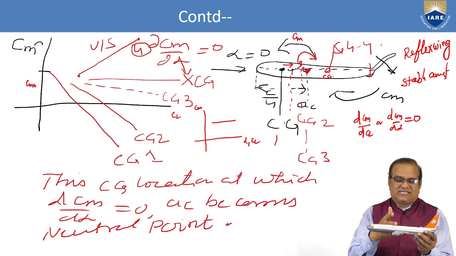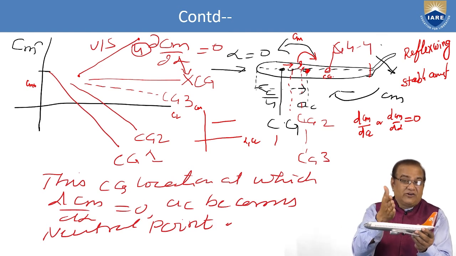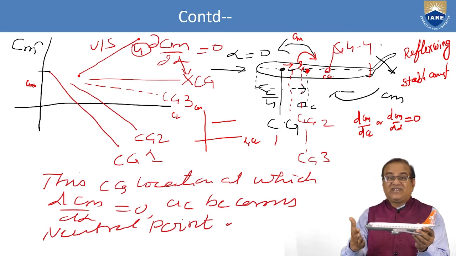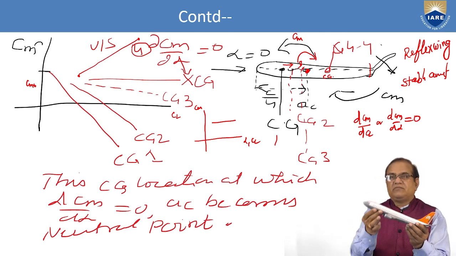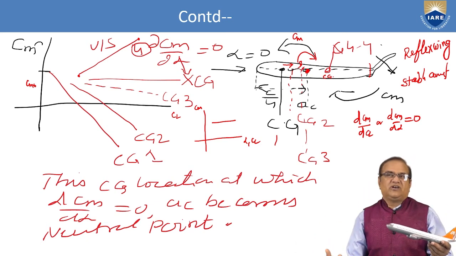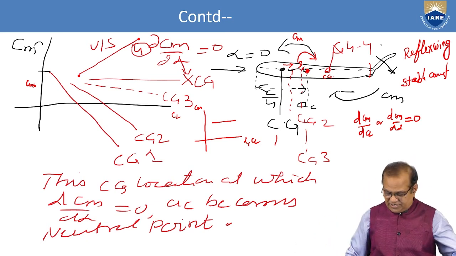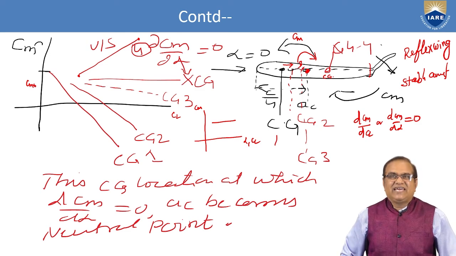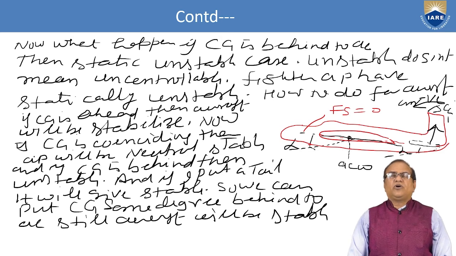So in no case should the center of gravity be behind the aerodynamic center. If it is like this, then if it is disturbed, the aircraft will go away from its neutral position. So that is the importance, and we have to take care of this before we design the aircraft. Okay, now